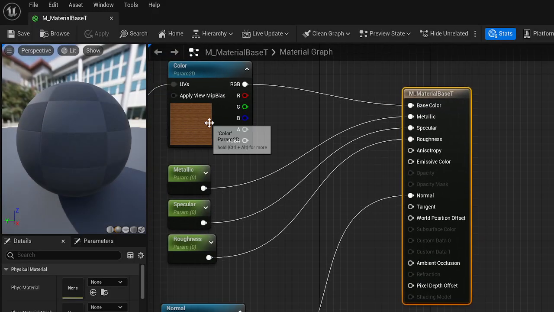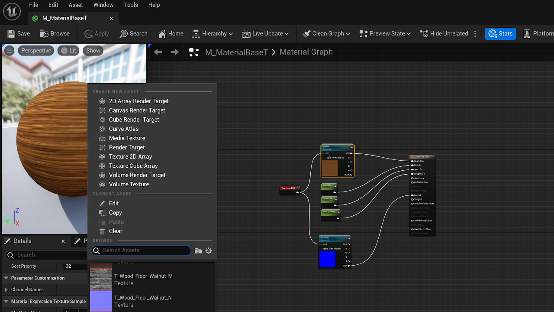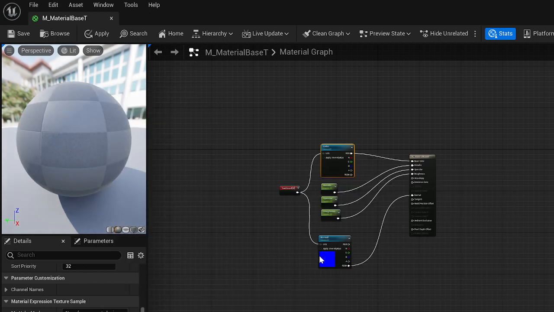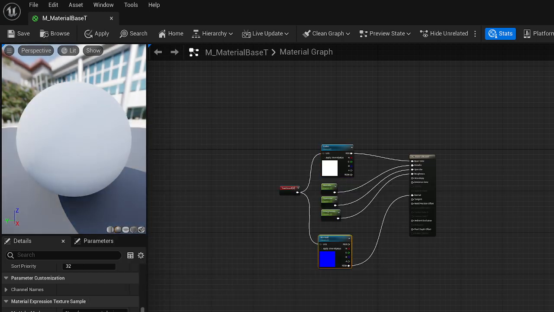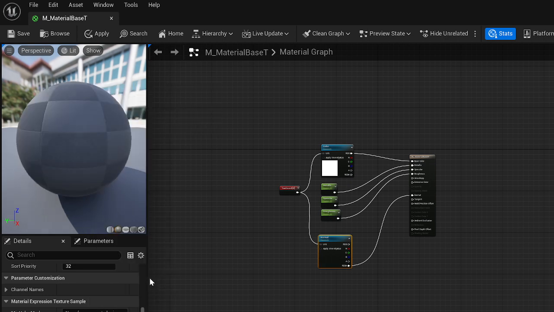And this one I will just change the color to white, so it's monochrome. I'm just changing the color so it doesn't look as